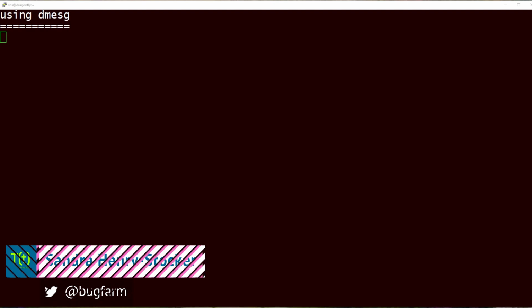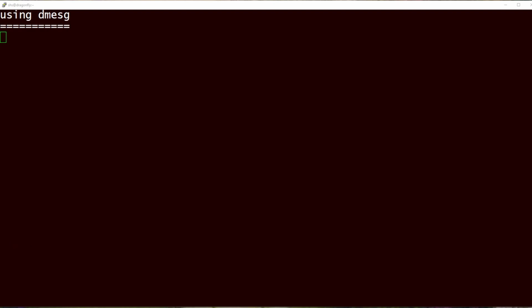In this Linux tip, we're going to look at the dmesg command. It's a command that displays the content of the kernel message buffer. In other words, messages that were sent by various system services, such as device drivers. You can view a lot of information that you would normally not see and get insights into how your system is working.